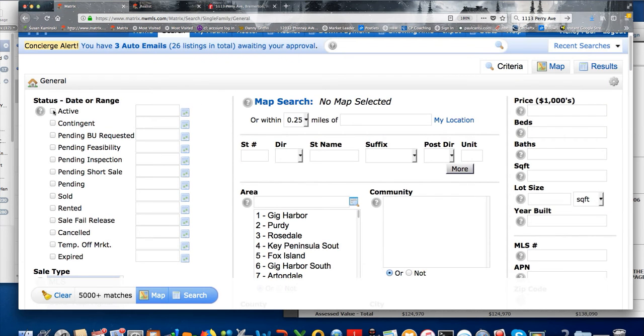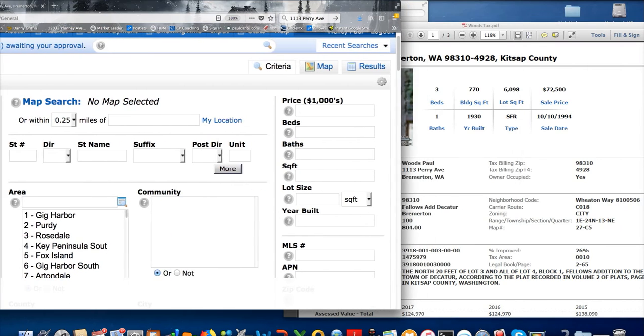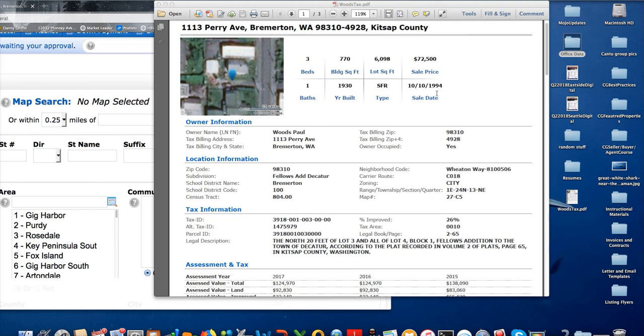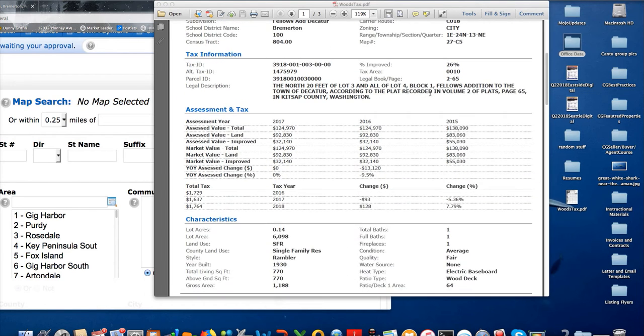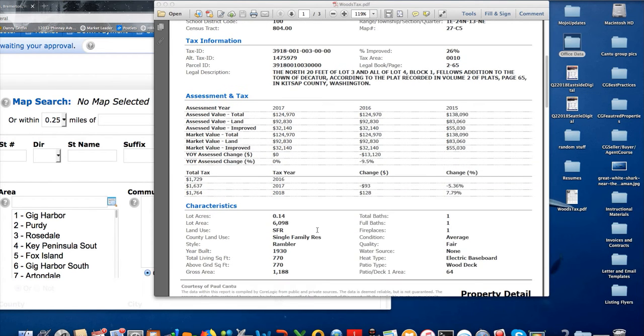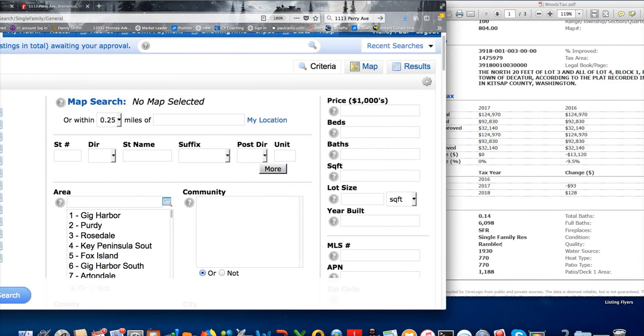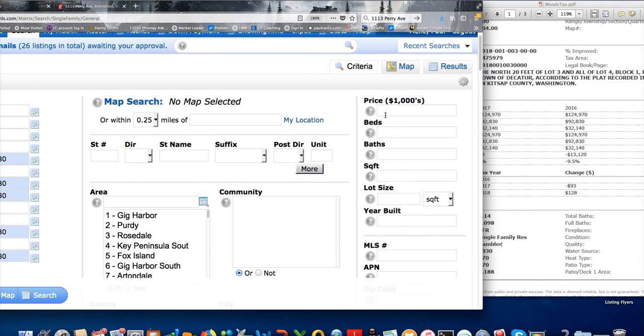Okay, now I'm going to select active, pending inspection, pending, sold, canceled, and expired. Okay, I know I'm dealing with a single family home, so I'm only going to compare it to other single family homes. It's a Rambler, so there's some good information here. I know I got a 1-story single family home, really small. So I'm going to look for 3-bedroom homes,